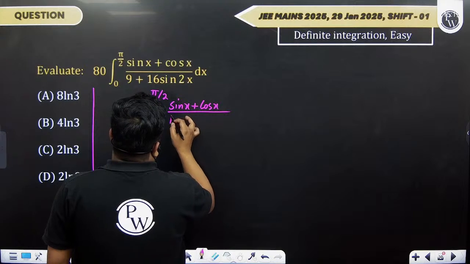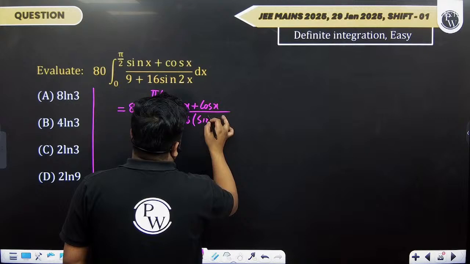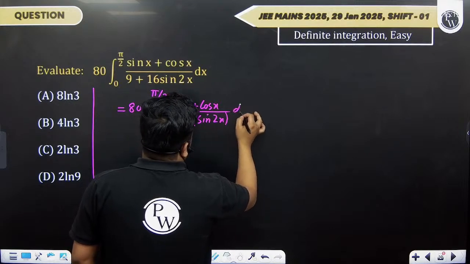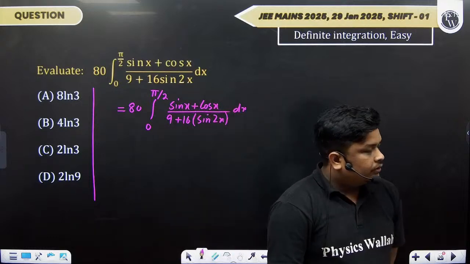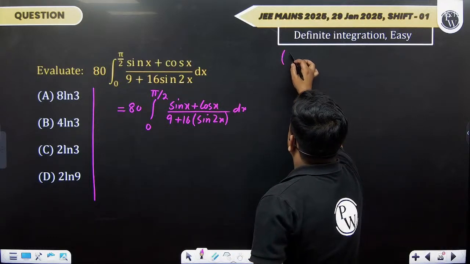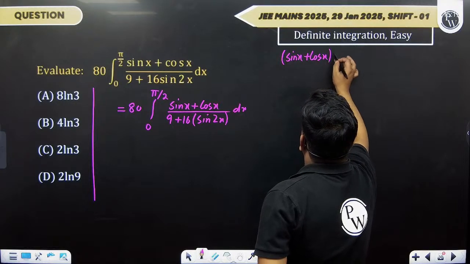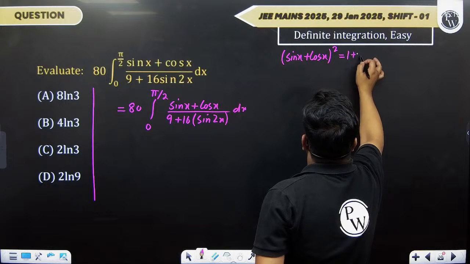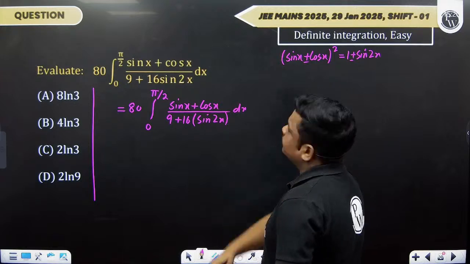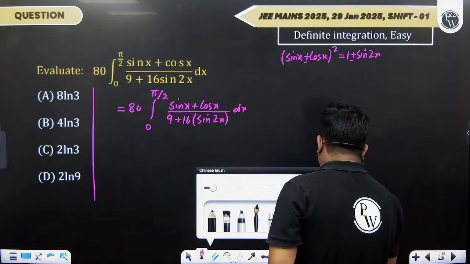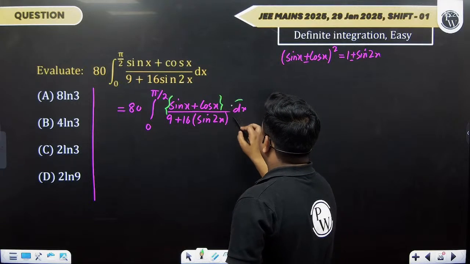This will be 9 plus 16 sin 2x dx. Now we know one thing, why I have written it this way: (sin x plus cos x) square is 1 plus sin 2x. And in the same way, if I put a minus, there is a minus. Correct? We'll use this concept here. Now this into dx, we have to